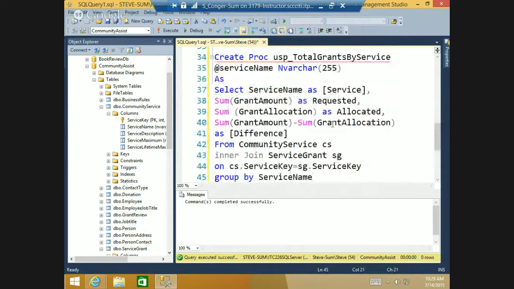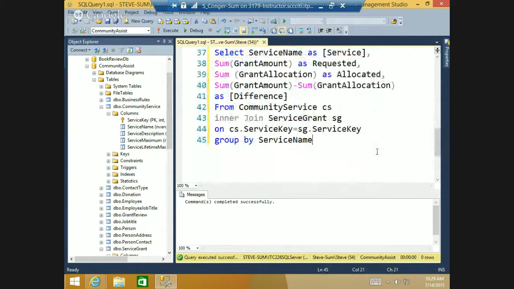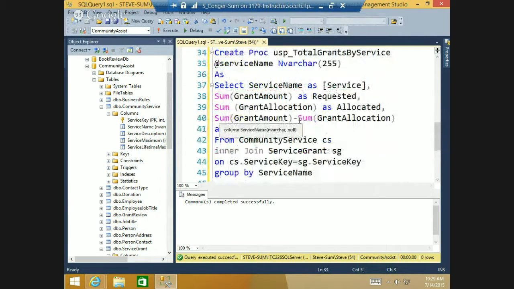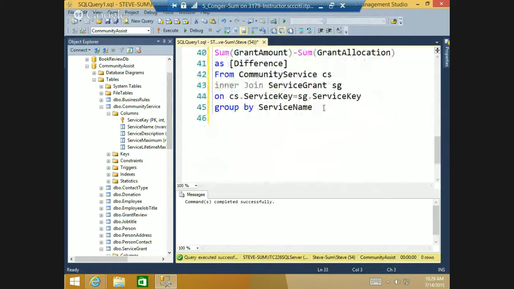And then the only other difference is I'm going to add a where clause. I think I want to do the where here. Is it always where before group? Well, that's what I'm trying to remember. We'll see. Where